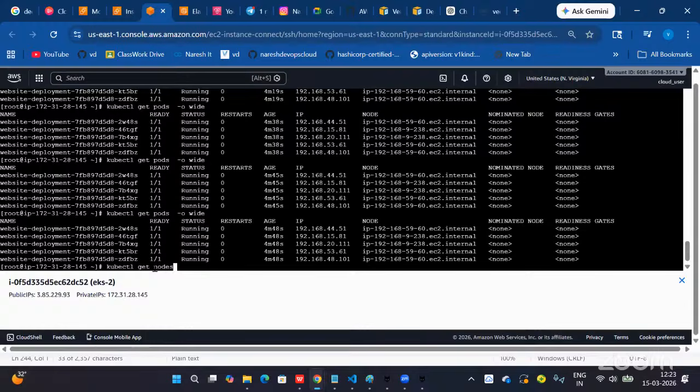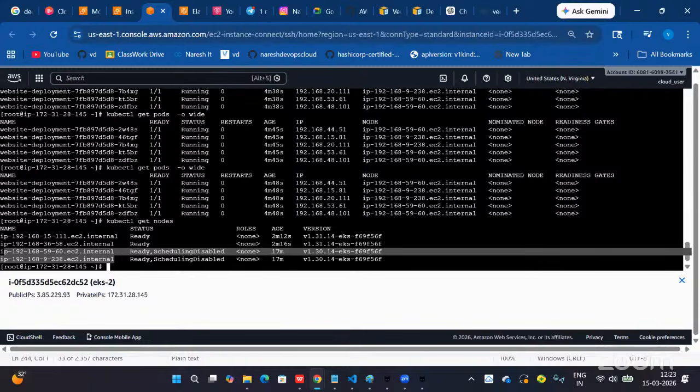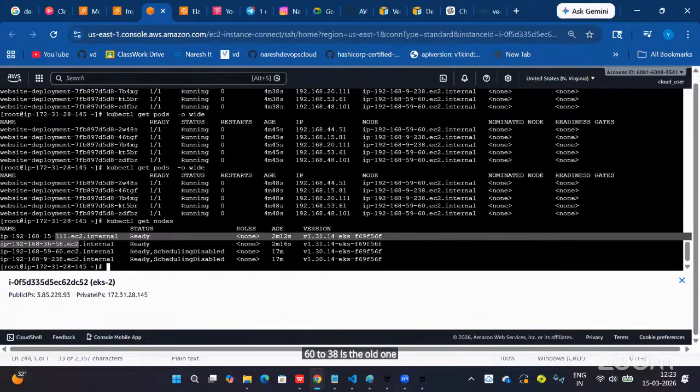kubectl get nodes. See, the scheduling disabled process is still working. 60 238 is the old one, 111 58 is the new one.